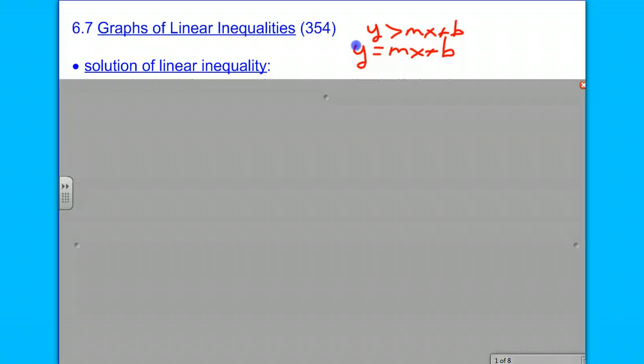Can somebody give me a number we could use for slope? What number could we use for slope? Gavin? 2. So we could plug in a 2. Y is greater than 2x, and then I need a number for your y-intercept, and well, plus 3. So if you have that inequality there, which actually has slope and a y-intercept,